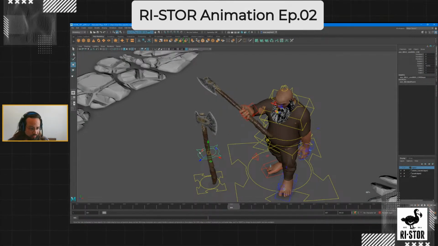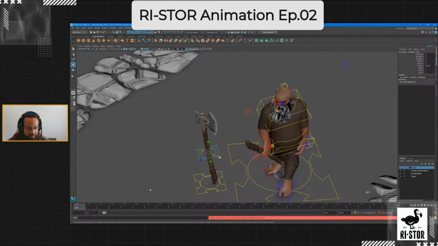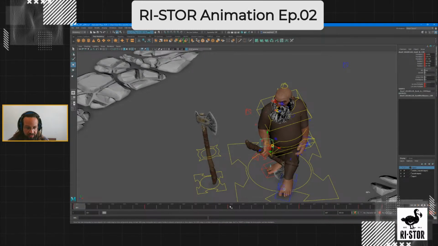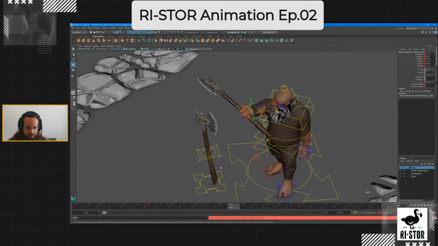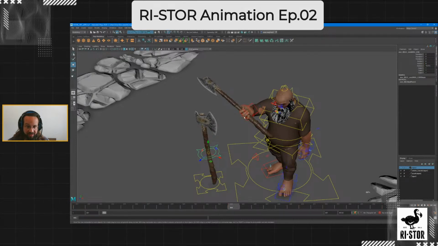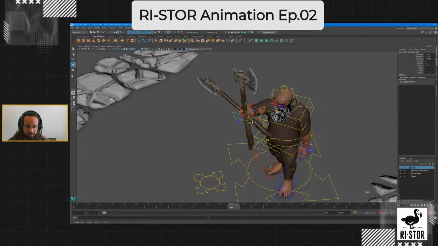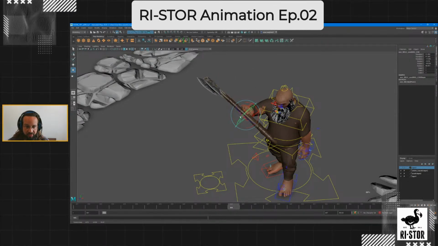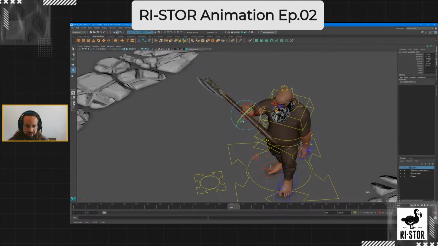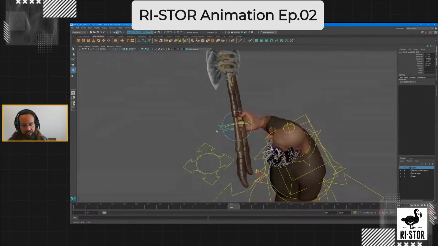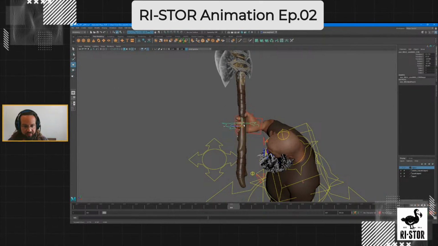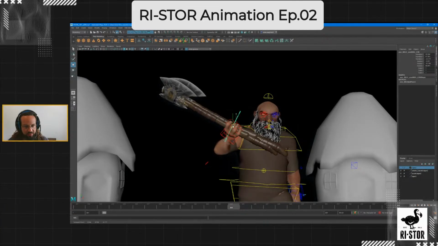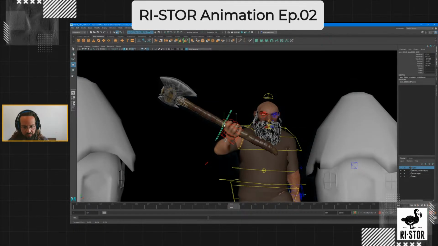Well, what I like to do, as I'm about to jump into this shot, is I find a pose with the character where I can line it up, because I like the pose that I have here, but I want to make sure that this new axe that I add in is going to get me the same. I'm not losing any ground in terms of animation. I don't want to have to redo things again. So the process for me looks like lining this up as closely as I can to where the other axe is. And that's a little bit of a process sometimes, just trying to figure out